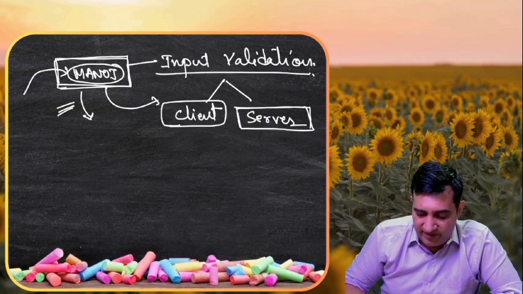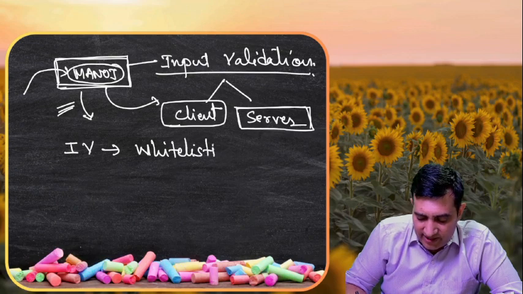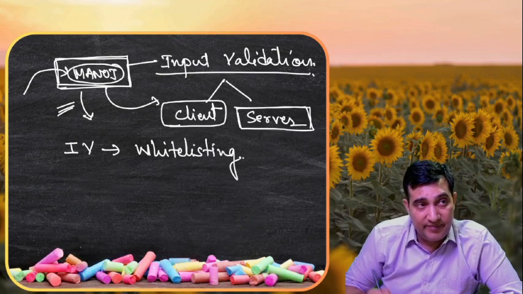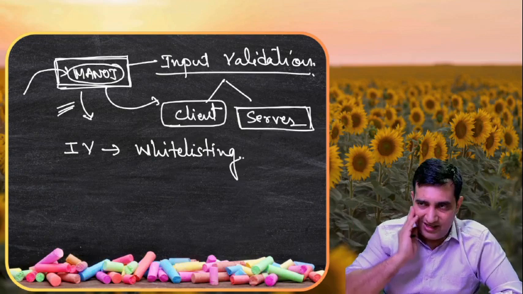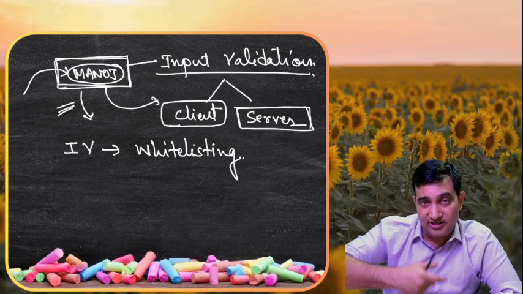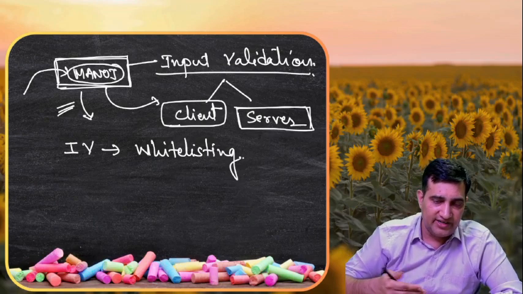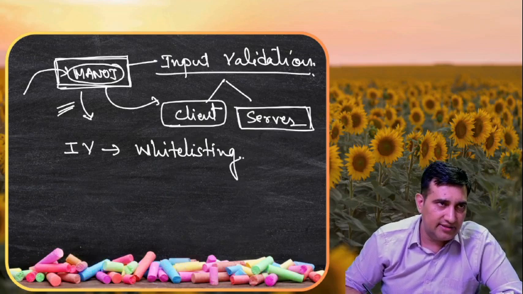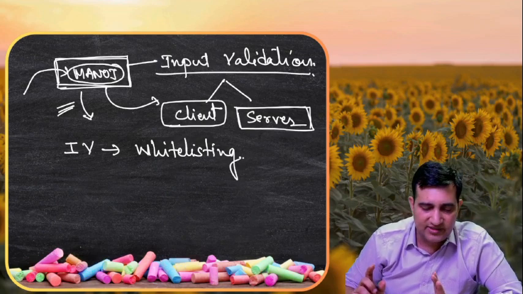As part of input validation, whenever we are doing input validation, always follow the whitelisting approach. Now what is this whitelisting? Whitelisting means denying everything by default, and then only allowing those strings or values for that particular range which we are going to use or which you want to apply in the input validation. That is called whitelisting. So whitelisting should always be followed as a simple principle.